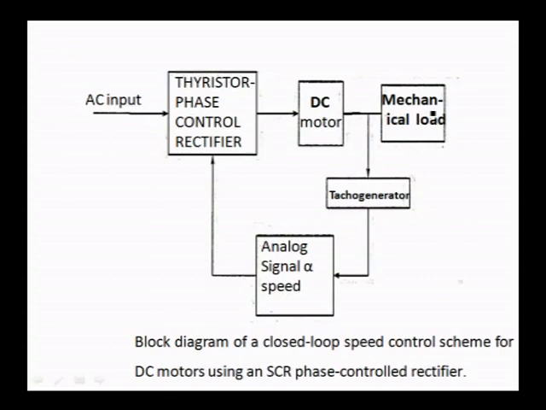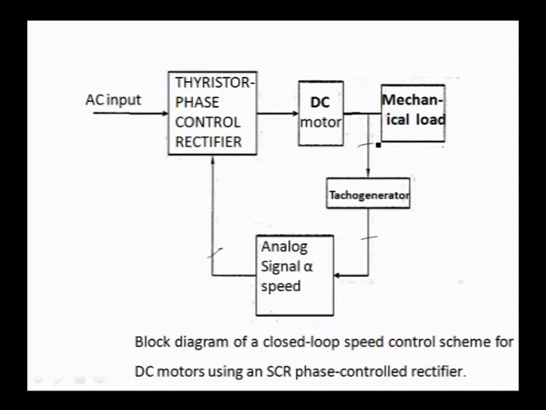In a closed loop, that is why the loop is closed here. In open loop, there is no control, so we cannot change the speed whenever there is a load change. Since the loop is closed here, we call it a closed loop. In open loop, the tacho generator, the measuring of speed and the feedback signal will not be there. There is only the AC thyristor phase control, DC motor and mechanical load. This is an open loop.